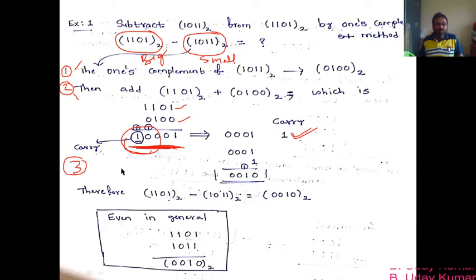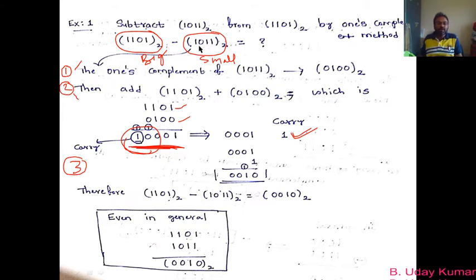So what you have to do here is that you have to just add these two. That's all. Whatever answer you are getting with carry 1, this answer and this carry have to be added. That is our third step. So that means 0001 plus 1. If you add these two, what do you get? 1 plus 1 is 10, and here you get 100. So this will be the answer of this problem.